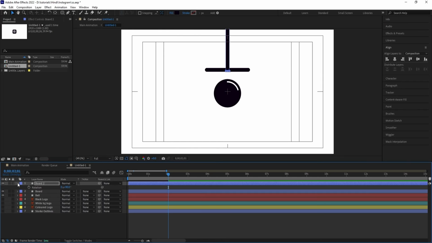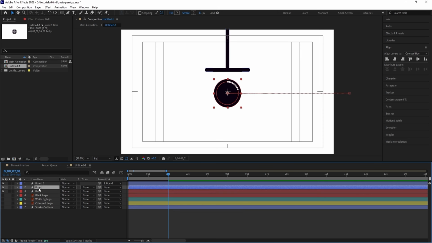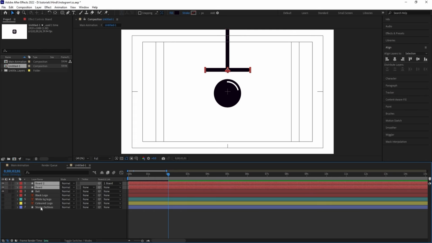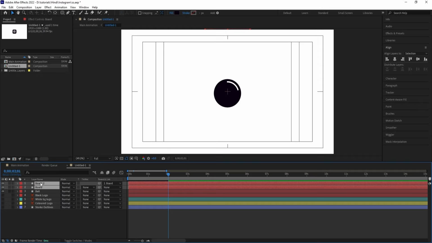Okay, now this board 2 should be a child of this one, so let's select this board 2 and make it a parent with this board. Let's select all of this board 1 and board 2 and change the color of this one to red. Okay, so we have this board. Now it should come from the top, so make sure that initially it should be over here. Select both of them and with the help of the open square bracket I'm going to move them over